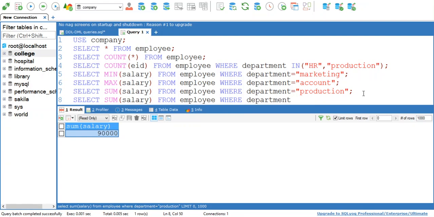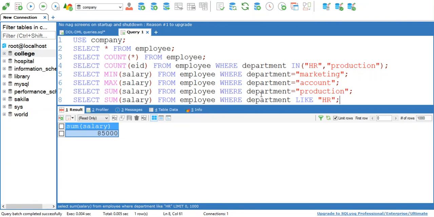Okay, so here you can either write select sum salary from employee where department equal to HR, or you can write where department like HR. Okay, we have already studied the like keyword. See, it will give you the summation of salary for the department HR. Now your output is 85,000.